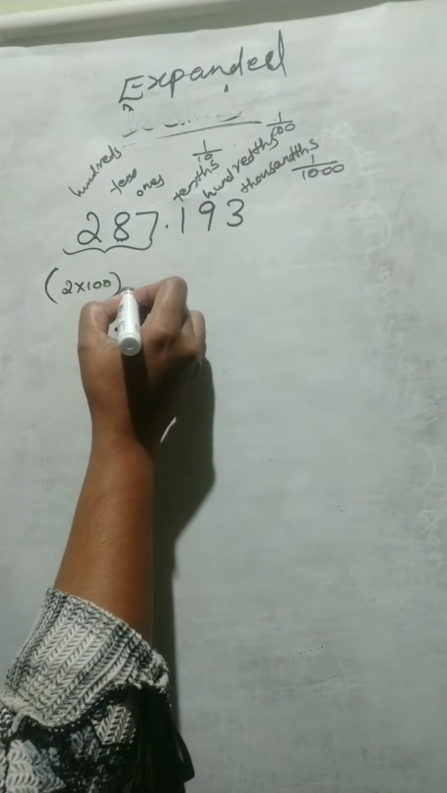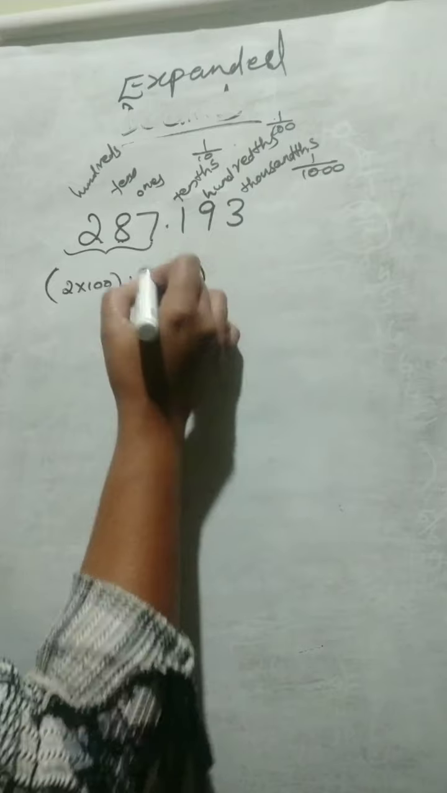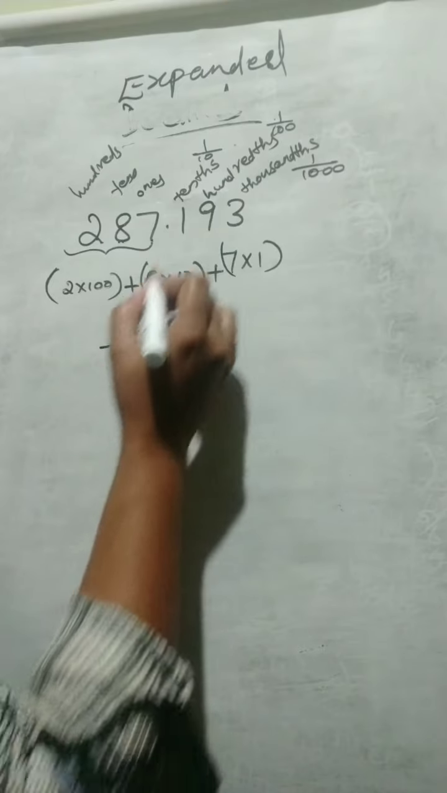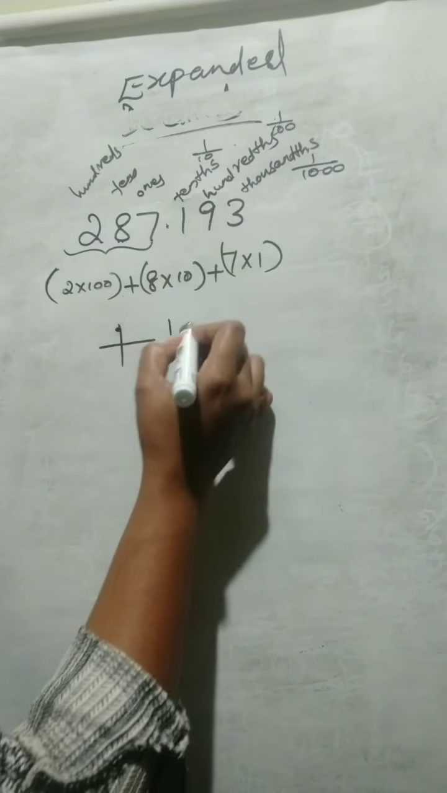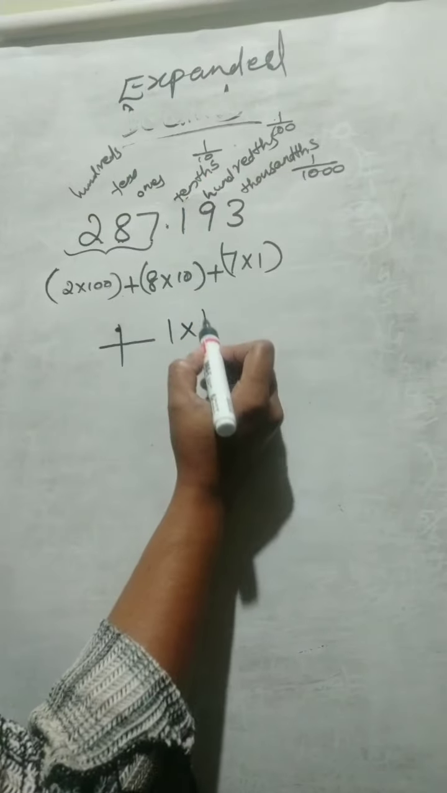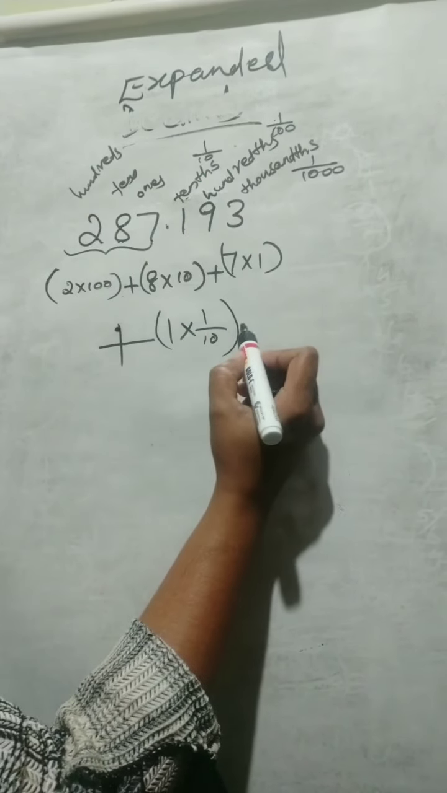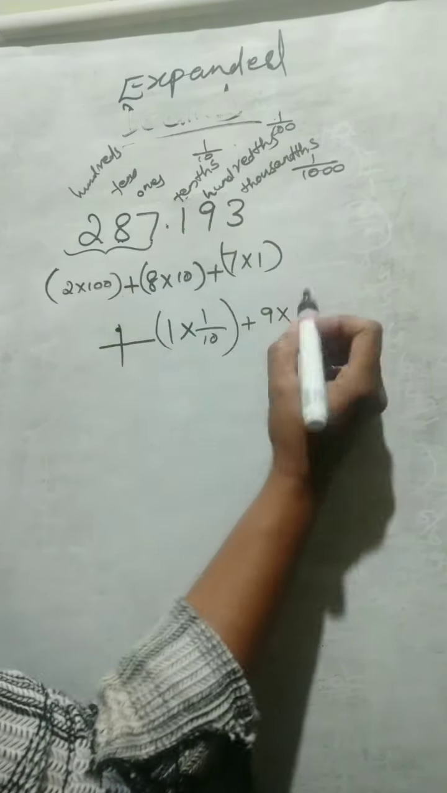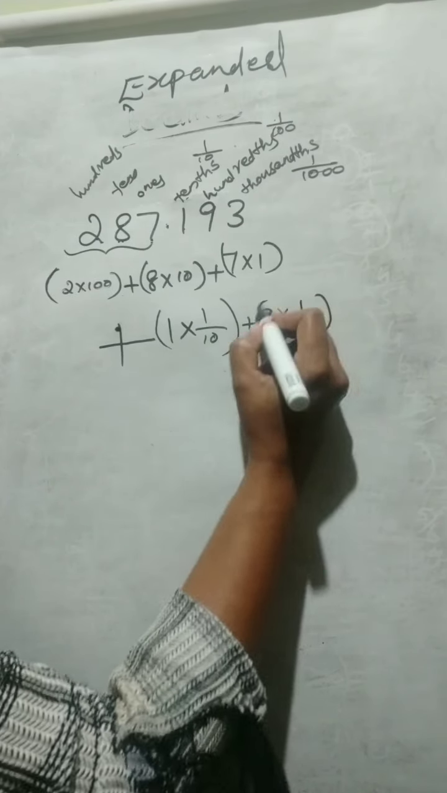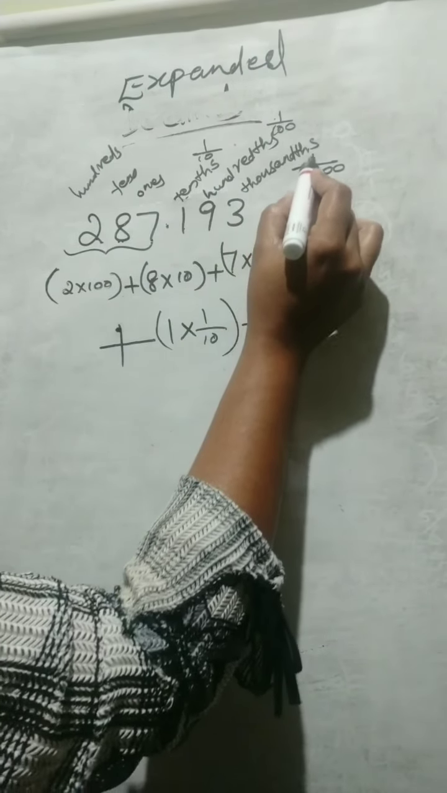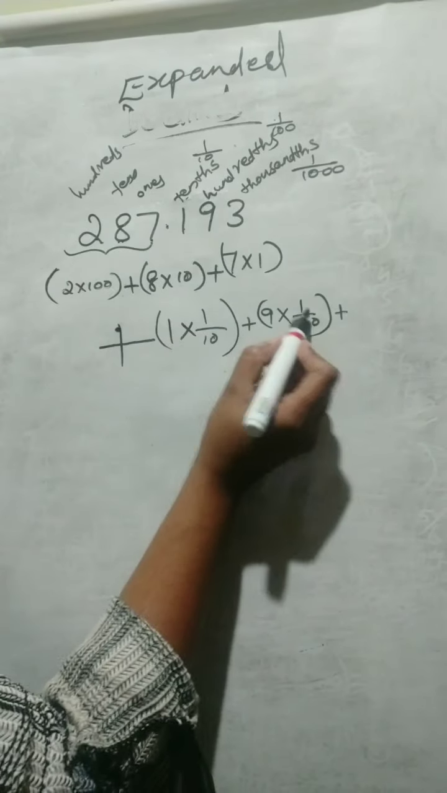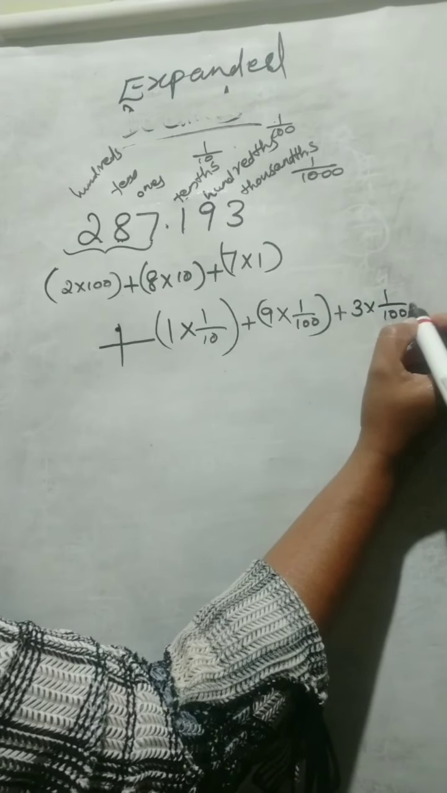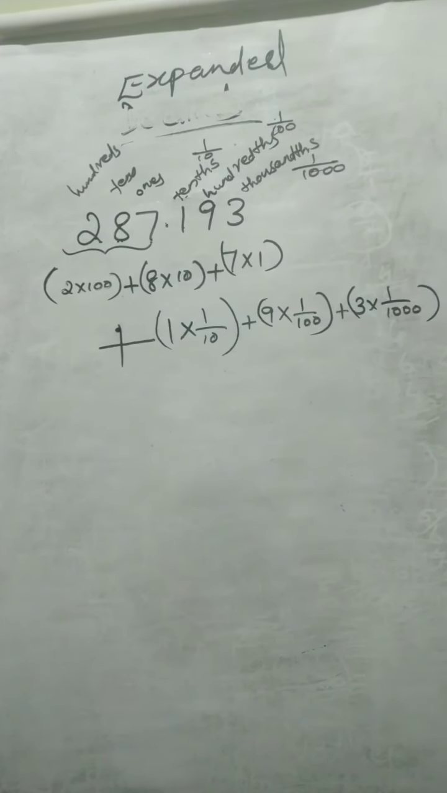Then 2 times 100 plus 8 times 10 plus 7 times 1. Okay, this much. Plus, after the point, 1 times 1 on 10, that is, 1 on 10. Clear? Plus 9 times 1 on 100. Then plus, here this is thousandths, that means 1 on 1000. So here the digit is 3: 3 times 1 on 1000. This is the expanded form of